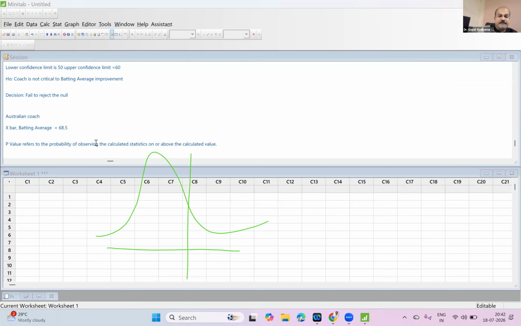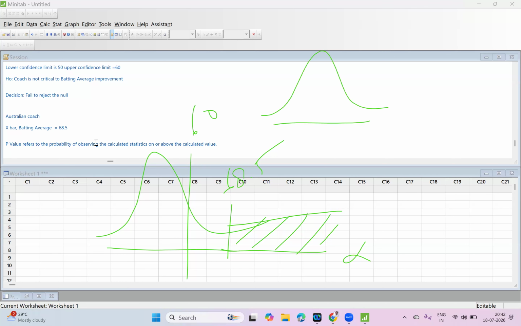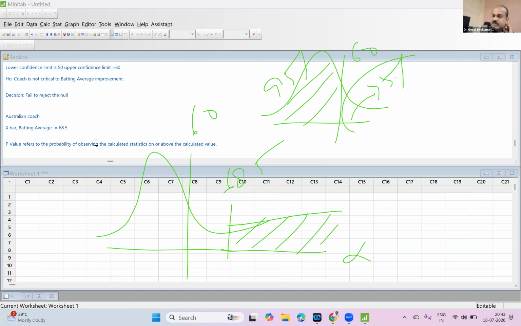So here is our 60 and 68.5 is here. So 68.5 or above refers to only this area, isn't it? But what is our understanding earlier? When we know about Kohli, in 95% of the matches his score is below 60, but in 5% of the matches his score is above 60. So this area is 5%. So with respect to that definition, for 68.5 the associated p-value is below 5%. That is for sure. So that is why we confirm.